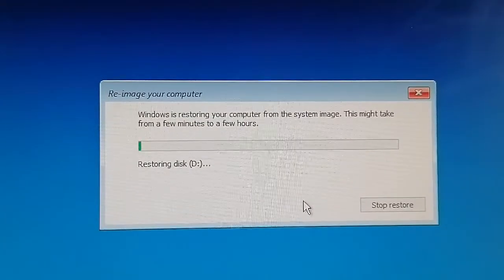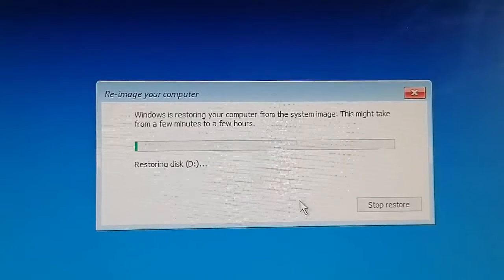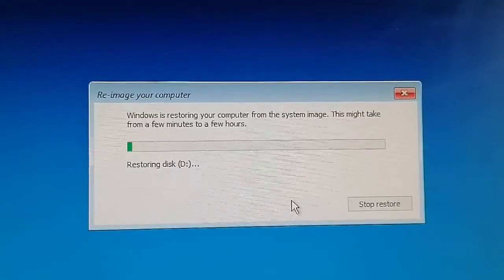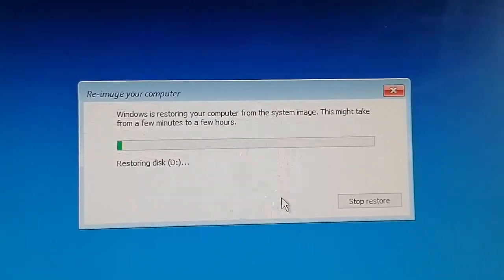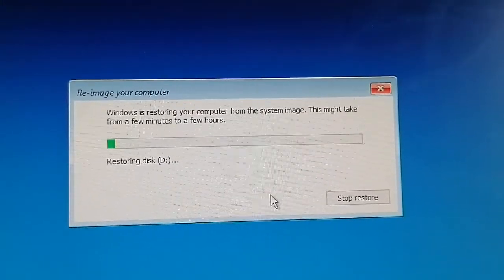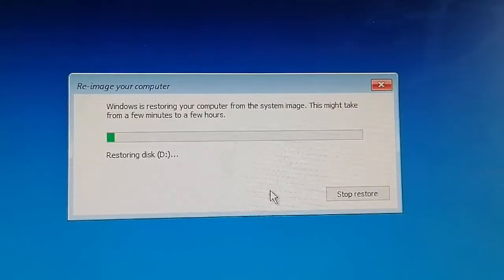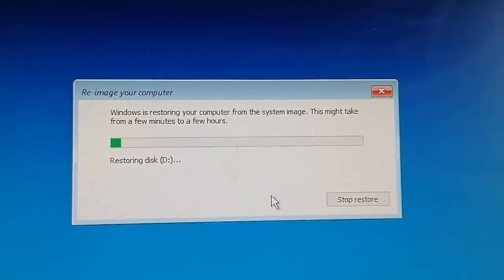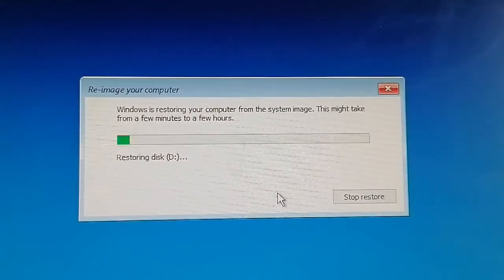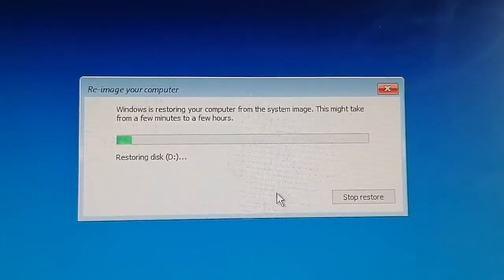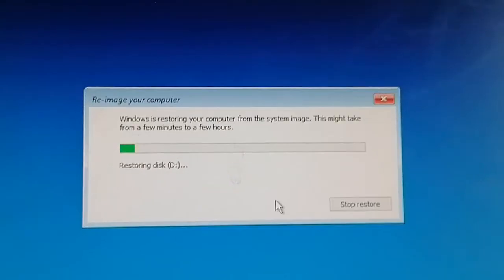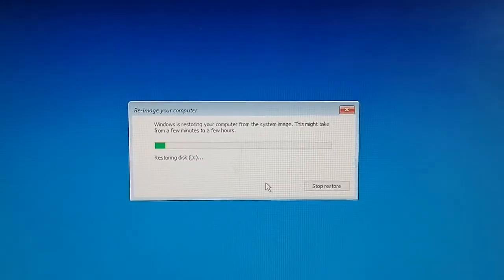Now it's restoring the D drive, which was not necessary because I want to change the size of the disk. But okay, one more time. When I created the restoration image, I could not exclude the D drive. What is important for me is to back up the main C drive where all the program files are installed, and the UEFI partition to be able to boot. But it's like this, it's a transient system of restoration because I want to change the NVMe drive. Otherwise, there are other solutions to clone only one partition.